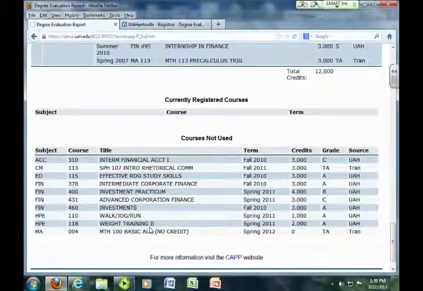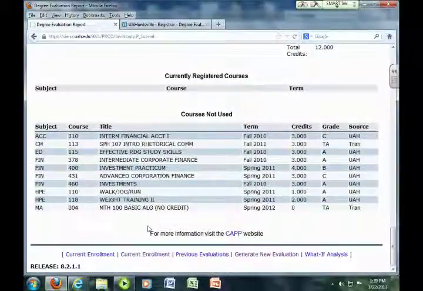So if you have to have a C or better and you have a D, then that course is rejected, and it goes into the courses not used and also under the rejected courses, and it lists the reason. It would say area not met, grade requirement, or something like that. Any other questions so far? Okay, we're going to go ahead and proceed to